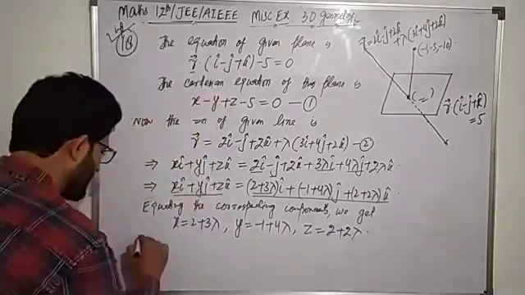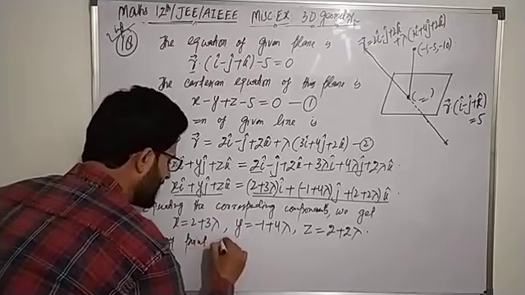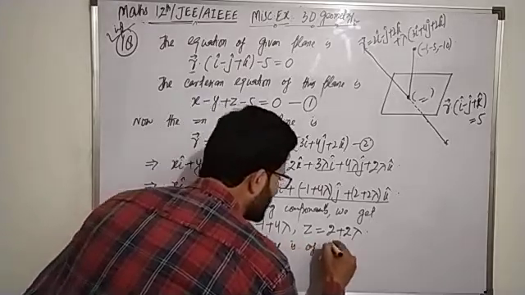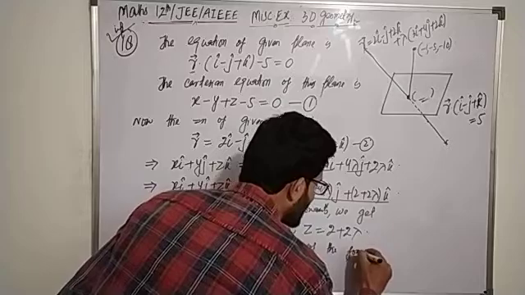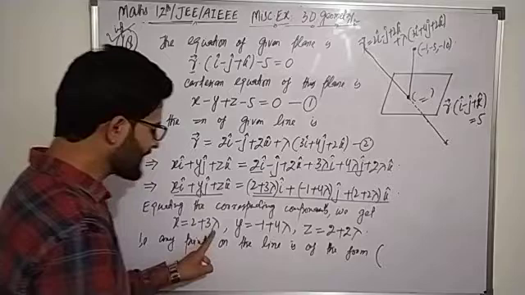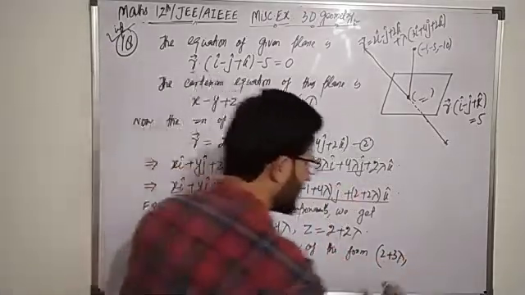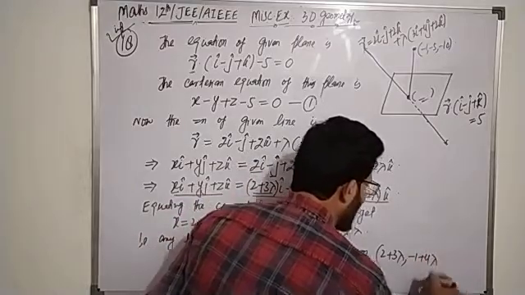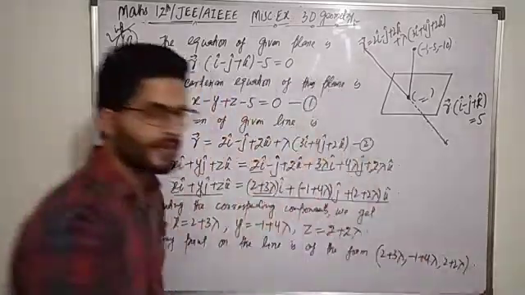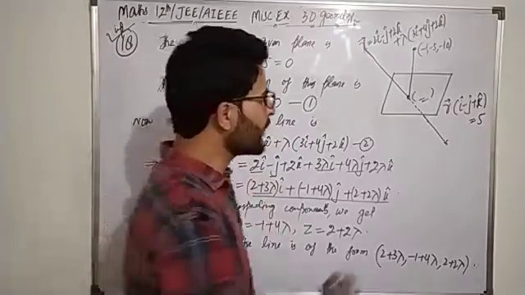That is any point on the line is of the form, किस फॉर्म में होगा, 2 plus 3 lambda, इसका x कोऑर्डिनेट होगा of the form 2 plus 3 lambda, y कोऑर्डिनेट होगा -1 plus 4 lambda, और z कोऑर्डिनेट होगा 2 plus 2 lambda. Is that clear? कोई भी पॉइंट जो लाइन पे होगा वो इस फॉर्म में होगा, लेकिन